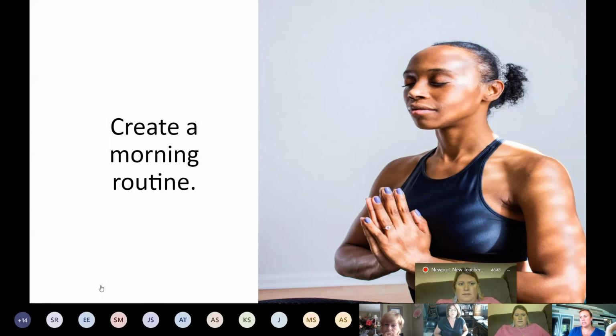Create morning routines. Again, if this is not your first year of teaching, you may very well have previously had to come in and have bus duty or car rider duty. And if it is your first year teaching, get ready. You'll have to do that at some point, trust me. Or you're running down the hall and you're trying to get to the copy room so you can make some copies and things like that.